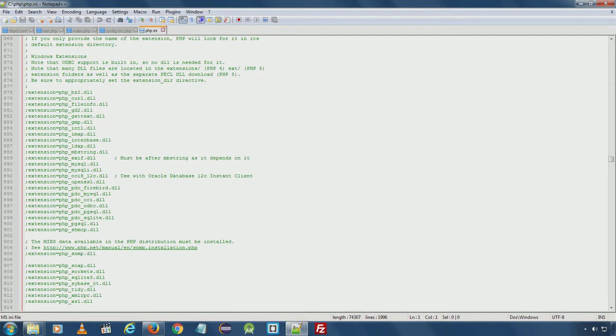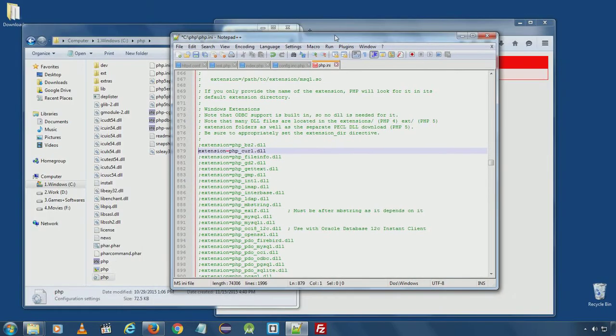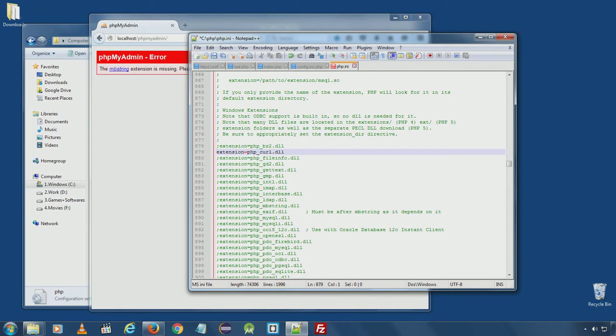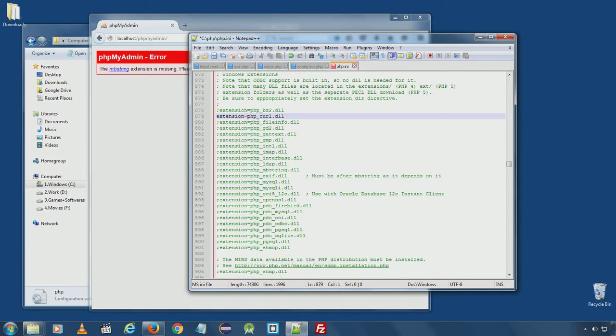There will be a lot of extension options here. Uncomment the extension to enable. Here is the mbstring extension that is missing.